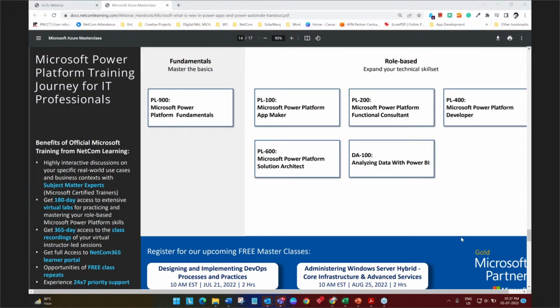And of course, we have the fundamentals to master the basics. So we highly encourage everyone, if you are just starting out with Power Platform, feel free to go through the PL 900 course. It's a simple and perfect combination of everything that you have to look forward to, and it doesn't have any prerequisites. So just about anyone can take this course without having to worry about whether you are prepared to start your Power Platform training journey.